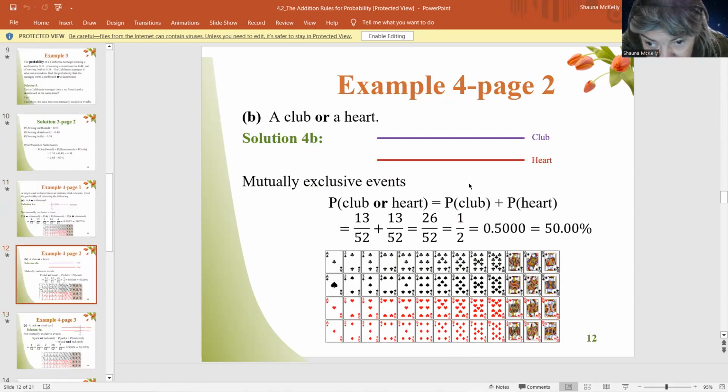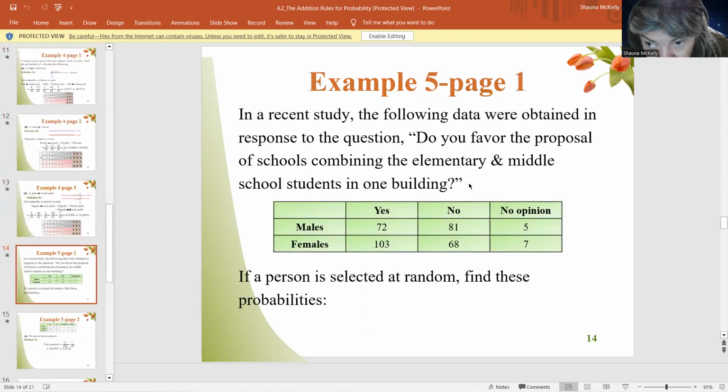Now, we've talked about card probabilities before. I want to talk a little bit about dealing with tables, because we're going to have a lot of tables in this section, and I'm going to show you a couple of those on the homework. But when you're dealing with tables, if you don't have totals, rows go across, columns go up and down, just like the columns on a building are up and down. They're not horizontal, okay? You want to get row totals and you want to get column totals before you do the problem, okay? So in this case,